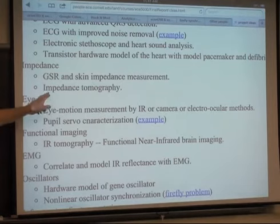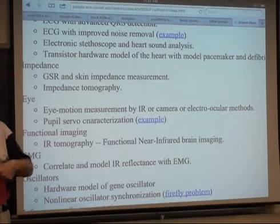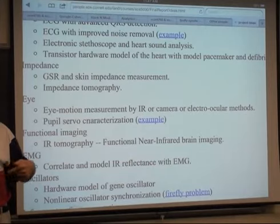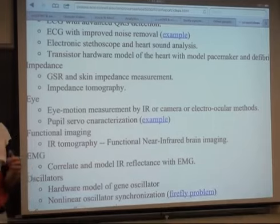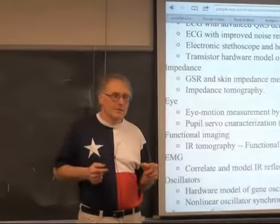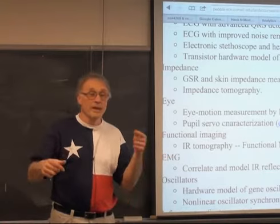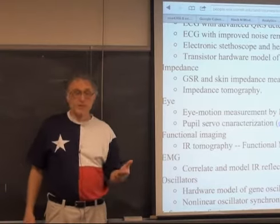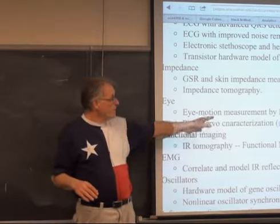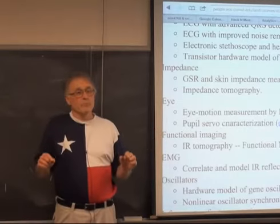There's an advanced version of this called impedance tomography. If you were to put electrodes all the way around your chest and put current through pairs of these and measure the resistance between them, then you could get n different independent resistance measurements, and you should be able to back out some estimate of the distribution of resistances within that slice. Just like computed tomography with X-rays gives you a 3D view of the slice, or magnetic resonance imaging gives you a 3D view. Computed tomography, impedance tomography, can give you a 3D view into a slice, particularly where the slice